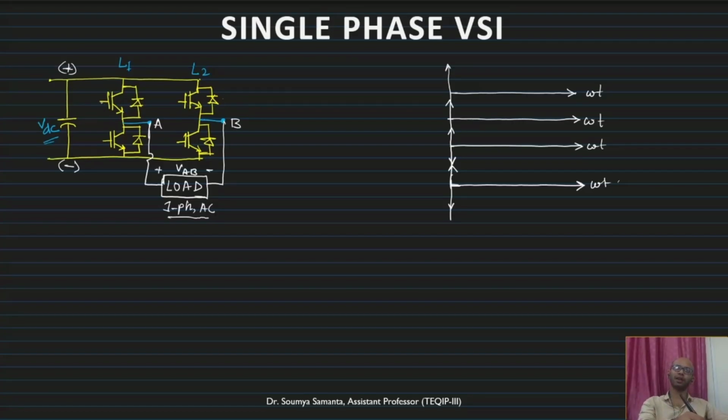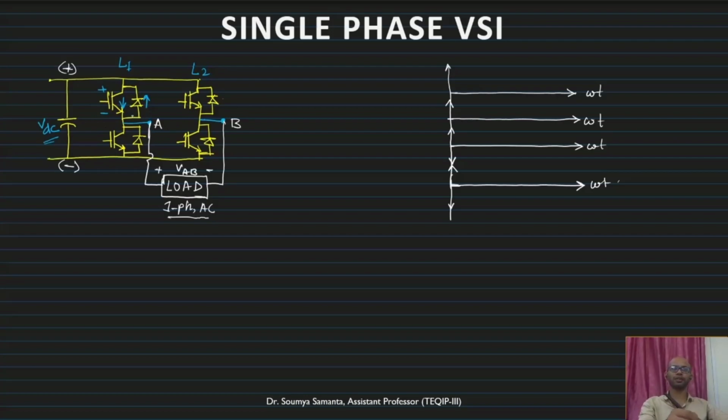Now in this leg you can see the individual switches. In one leg there are two switches. What are the characteristics? They can conduct current in both directions, and they can block voltage in one particular polarity. So it can conduct current in both directions, this is the direction, and it can block voltage in this particular polarity. The same holds for all four switches; I have just shown it for one.